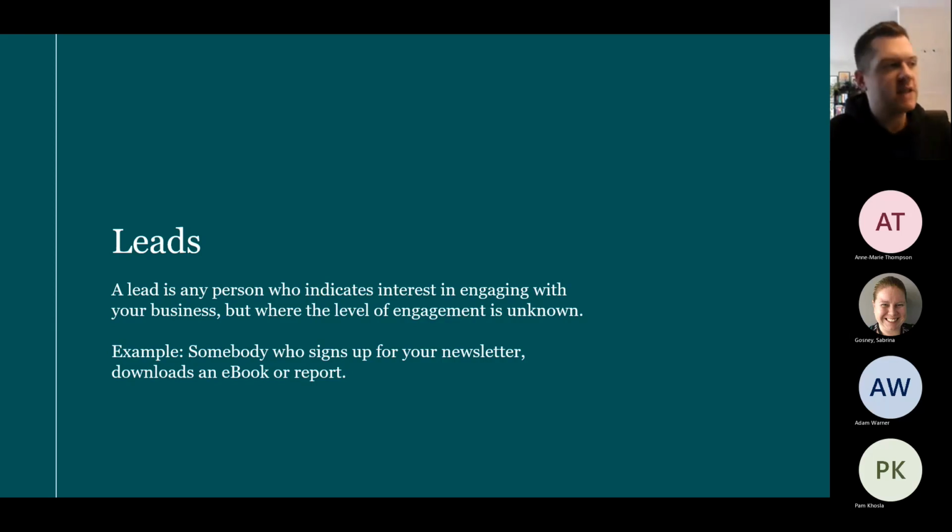So there's 3 different types of leads that we're going to cover over the next couple of slides. One is purely just a lead. They're not marketing qualified, they're not sales qualified. They've indicated an interest in engaging with your company, but we don't know what that engagement is at this point. So until we start to gather further insights, we can't really associate this person with being marketing or sales. An example of this could be somebody who signs up for your newsletter, somebody who follows your company social profile, somebody who connects with you on LinkedIn individually as well.